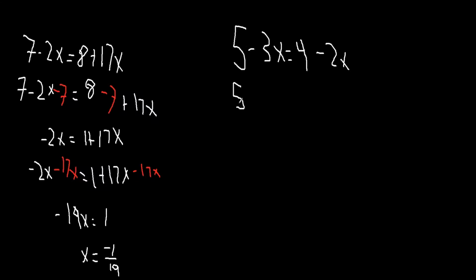So that gives us 5 minus 4 minus 3x, which equals 4 minus 4 minus 2x. So the 4's cancel and we get 1 minus 3x